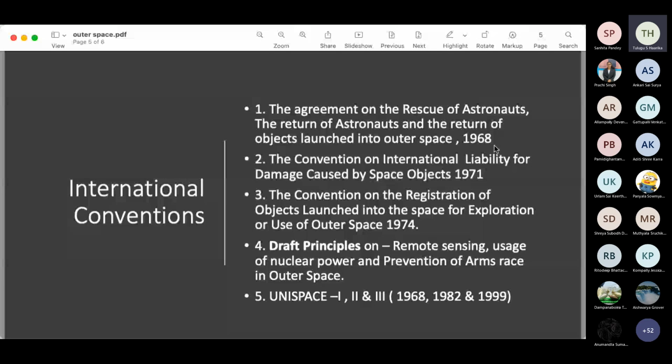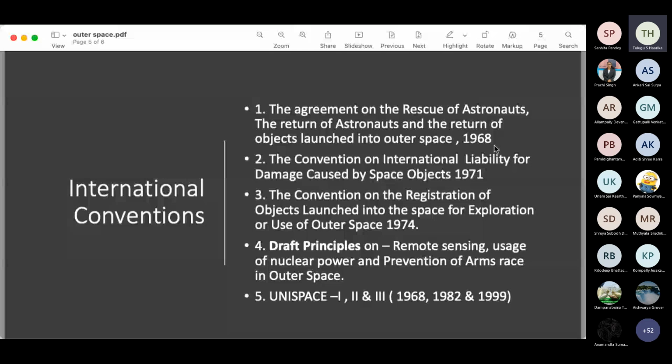So this agreement, this treaty, started out with this basic idea of helping astronauts who had to make an immediate landing. Right after this, in 1968, there was a complete convention, which was on the rescue and return of astronauts as well as objects launched into outer space,